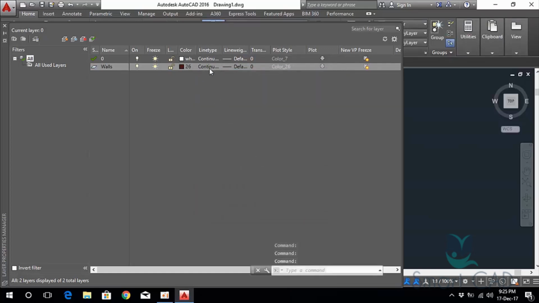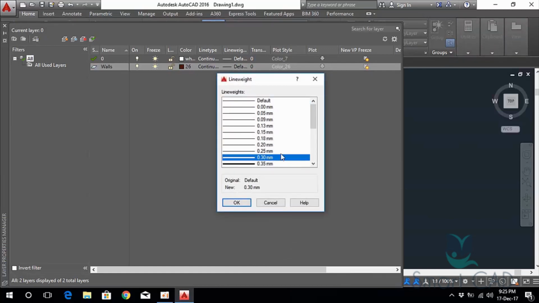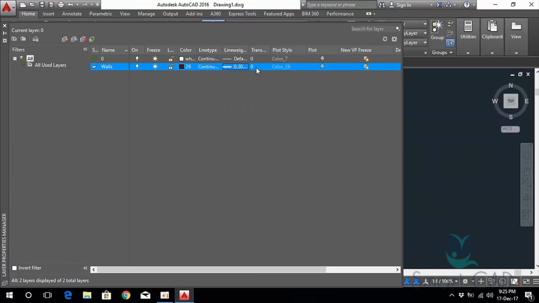Now you see this line type is continuous. In this case I want it to be continuous, but I want to change the line weight, so I'm gonna click here and I'm gonna choose this 0.30 millimeters. The transparency is 0, which I want to be 0. Plot style, this is automatic, but here on the plot section,